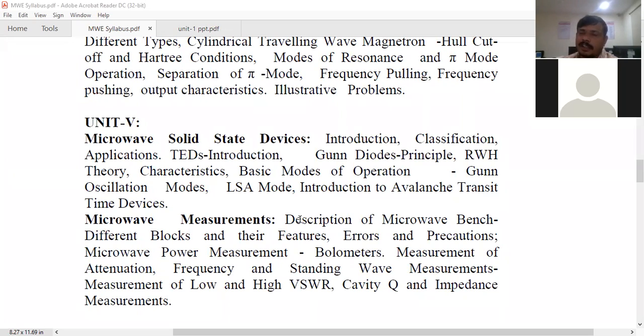So why does it happen like that? As you already know from diodes, we have the valence band and conduction band, and there is a forbidden energy gap in between. In the conduction band, we have two things: the lower valley and the upper valley. There is a movement of electrons from the upper valley to the lower valley.